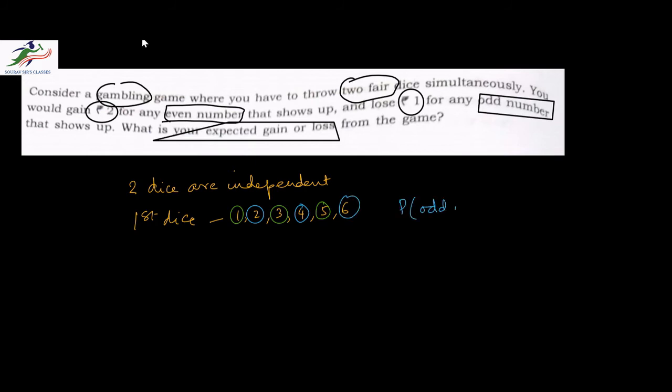So the probability of an odd number showing up is 3 by 6, which is half. The probability of an even number is also half. So the expectation of gain or loss from the first dice would be probability of odd into